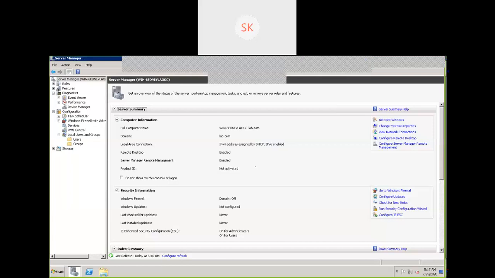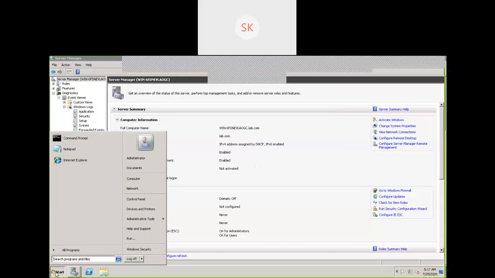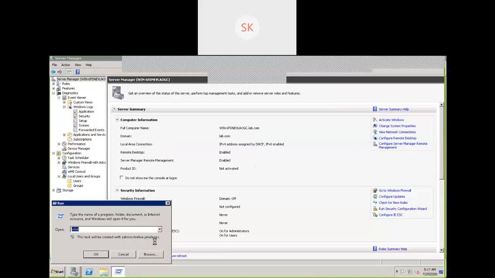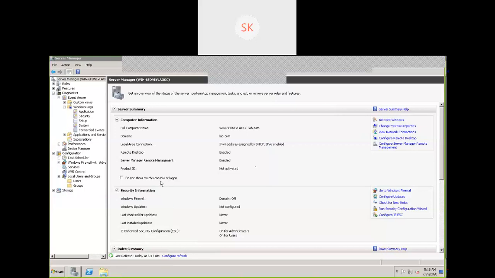Under diagnostics, there is an option called event viewer. Expand event viewer. You can go to the logs in this direction, or else there is a simple shortcut for event viewer. From the run command, I can open my event viewer logs. Open Google and search for the shortcut for event viewer. Not now, search on the internet. For each action in administration there will be a shortcut. There are different ways to open the respective console.